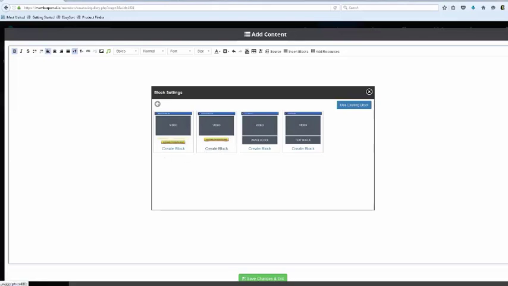And so we come over here. We get to choose our block. This one here has an opt-in form below it. This one here has a button below it. This one here has an image. So you can make your image as big as you want. And then this one over here has a text block below it. So I'm going to go ahead and choose this one right here.